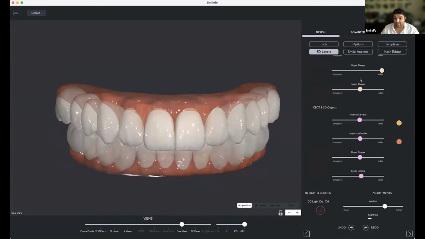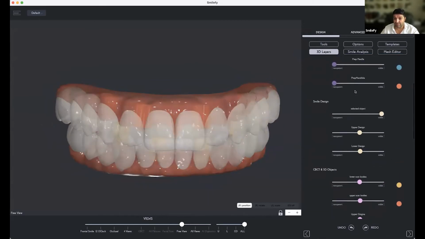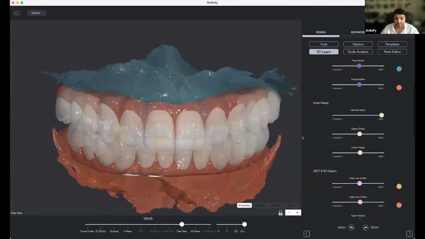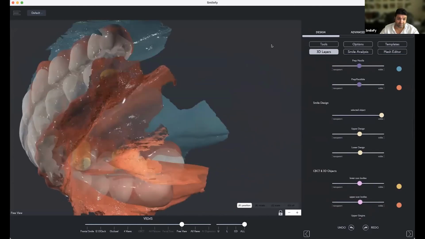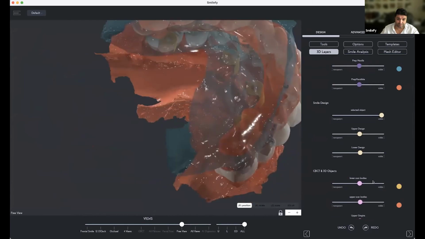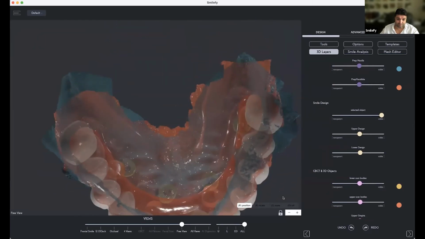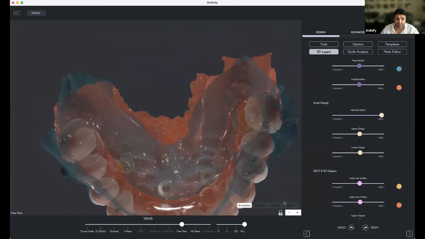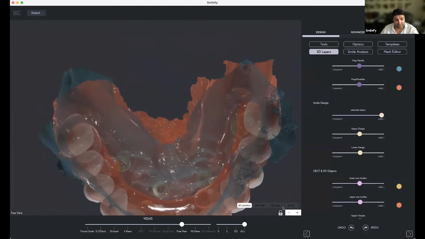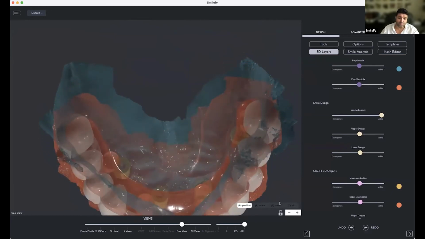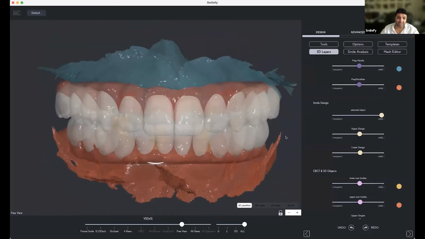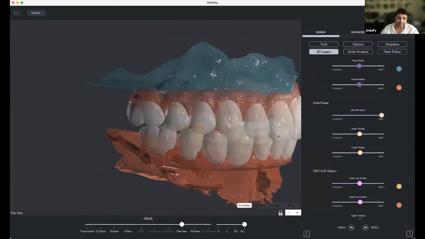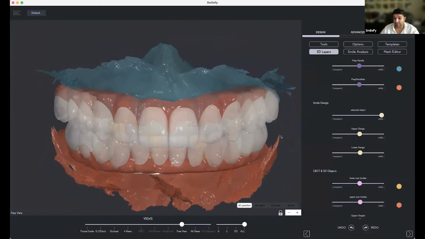Like this, lower design and upper design, and then we have here the maxillas. Now we need to adjust the position of the gingiva so that we can have the implant position correctly placed and so on. And the idea is to print.